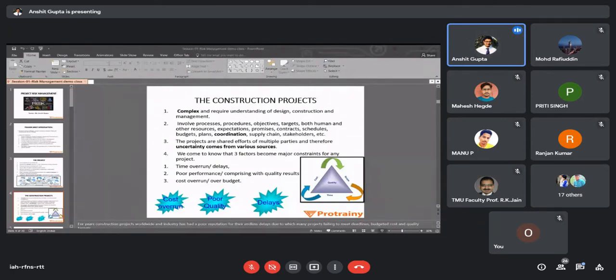Now, this side represents increasing risk. Here it is representing the increasing value. That is the cost impact of that risk. And here is increasing time. As the time is increasing from the conceive phase, you will go to the development phase, then you will go to the construction execution phase, and then you will finally finish the project. This is the time scale.